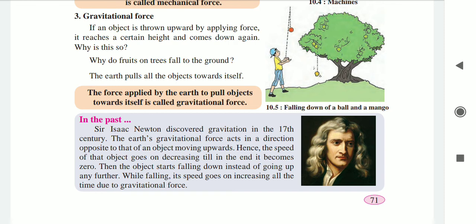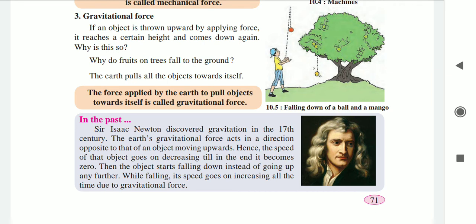Understood? Such a gravitational force you may not find on other planets. If you go to the moon, which is a satellite, you have already observed the people who have visited the moon. They are seen to be flying in the air. Yes or no? Because the gravitational force is less as compared to that of the earth. That's why the astronauts who visit other planets, you may see them just flying in the air, not walking on the land, because the gravitational force is less compared to that of the Earth. So, because of the gravitational force which is present, all the objects are